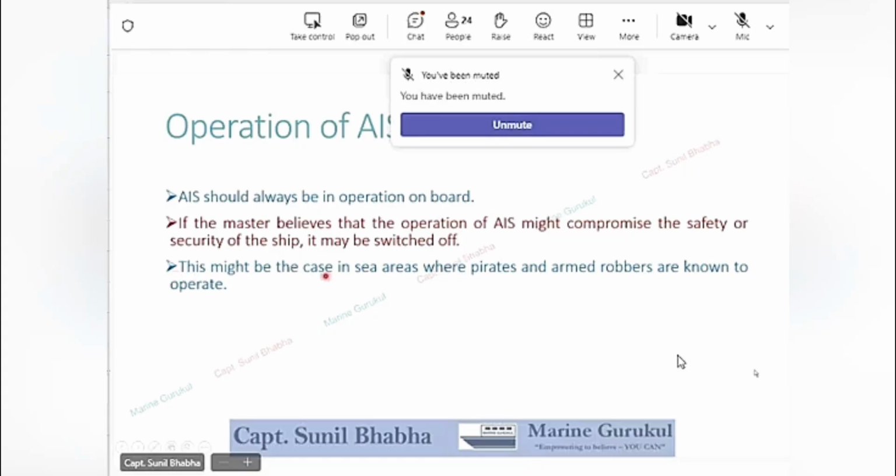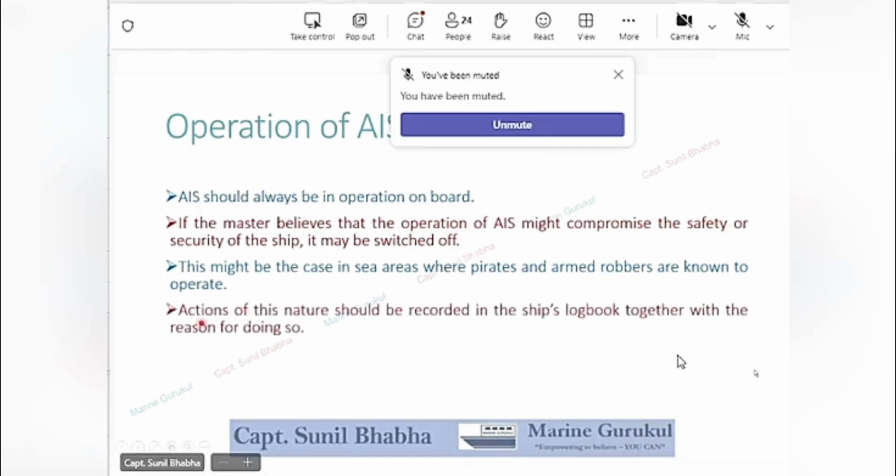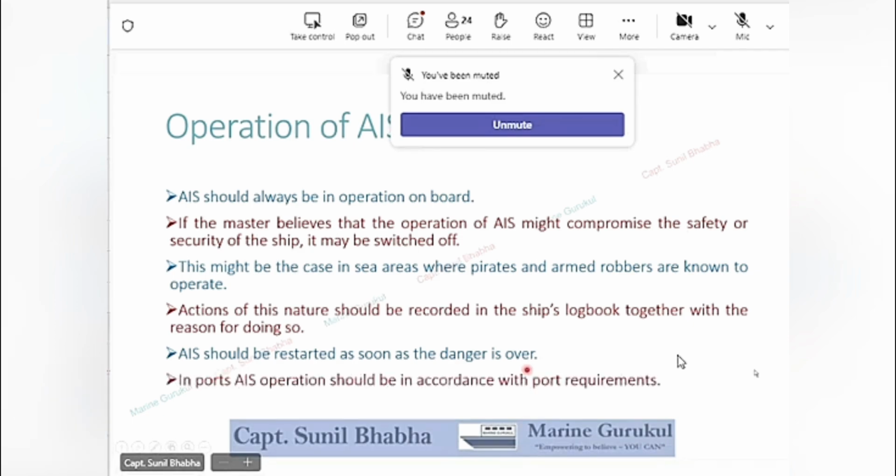Now, this might be the case in sea areas where pirates and armed robbers are known to operate. Whenever taking actions of this kind, it should be recorded in the ship's logbook together with the reason why it is being done. AIS should be restarted as soon as the danger is over.